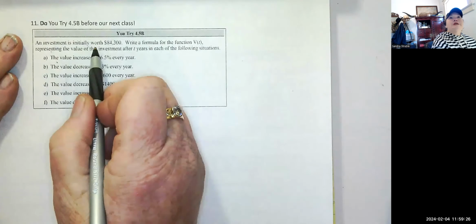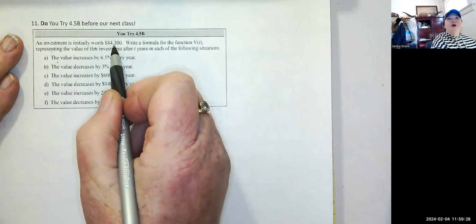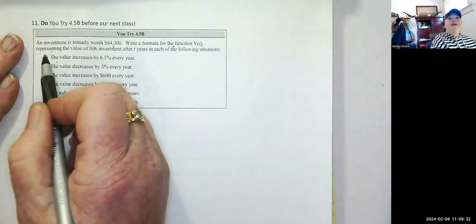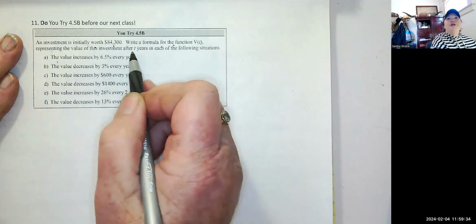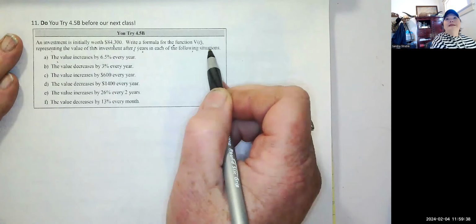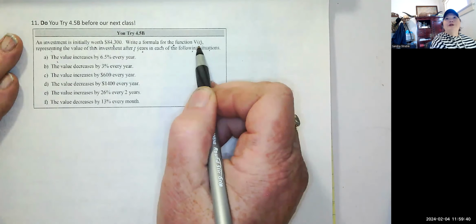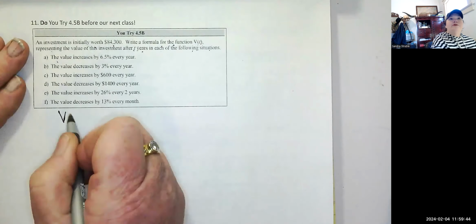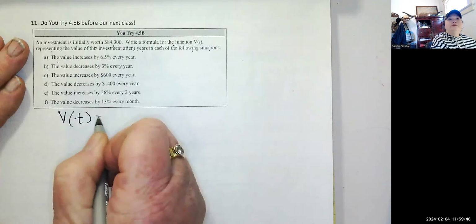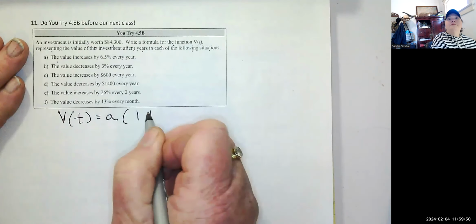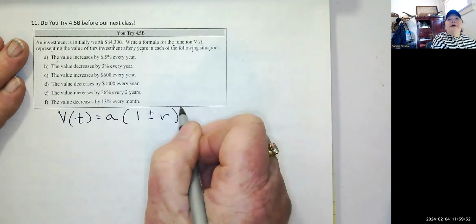An investment is initially worth $84,300. Write a formula for the function v of t, representing the value of this investment after t years, this is going to be my exponent, in each of the following situations. So instead of f of x, we're going to use v of t. So just instead of f of x, I'm going to go ahead and use v of t is equal to, I'm going to use a for my initial value, and then 1 plus or minus r raised to my exponent